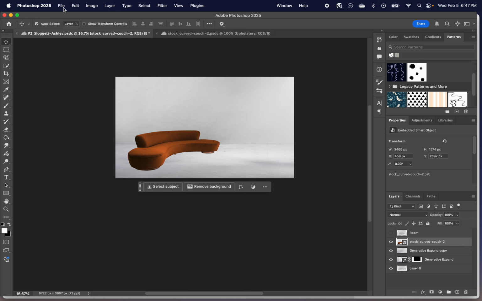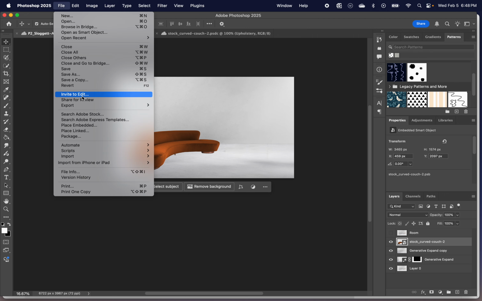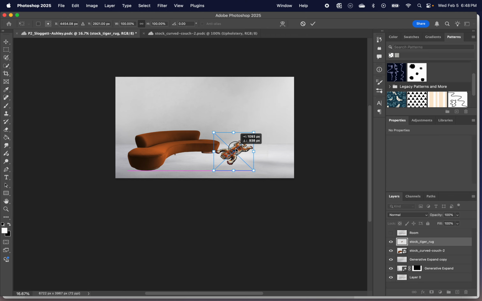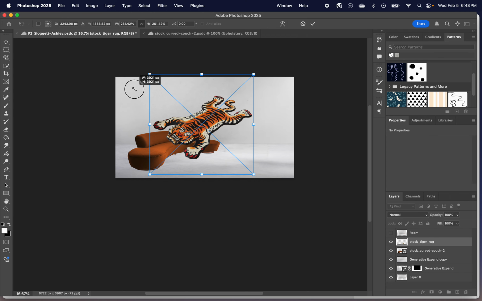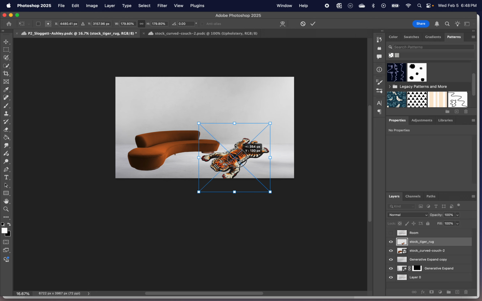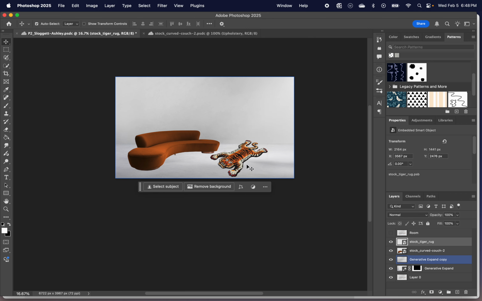Let's bring another object in and I'll show you how to change the perspective of that item using transform, okay? So, let's bring in a rug. I'm going to bring in my little tiger rug. And again, we've transformed them. You can just get it rough of where you want it on import, but that's not a believable angle, right? Like it's actually not bad. But